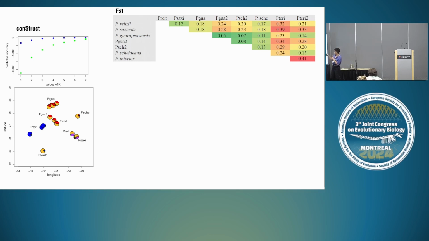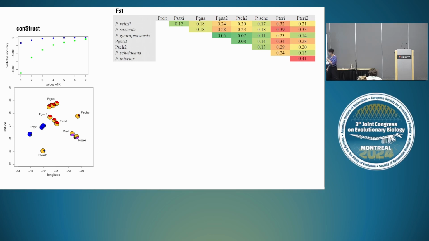I did this analysis, a conStruct analysis, that tests models of structuration using geographic distance, with geographic information or without it, and the best model was the one using geographic information. You can see here